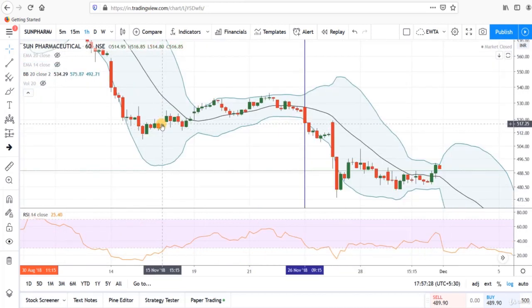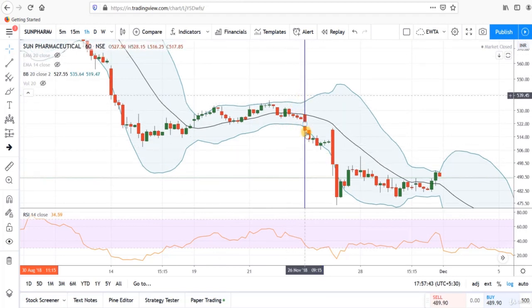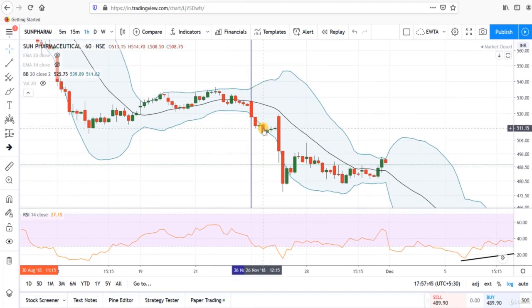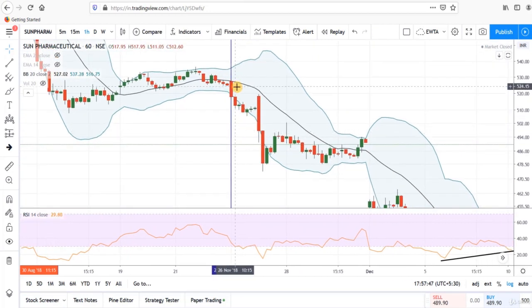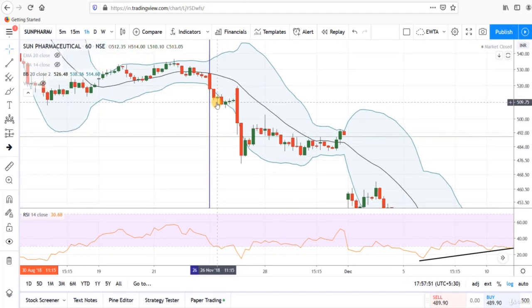So there was a slight pullback in the prices and volatility is very low. You can see prices are approximately sideways and bands are coming close to each other. But from this point, both the bands are going apart and there is an expansion in the Bollinger Band. And you can see candles are closing outside the Bollinger Band. So we can expect that downtrend may continue now.